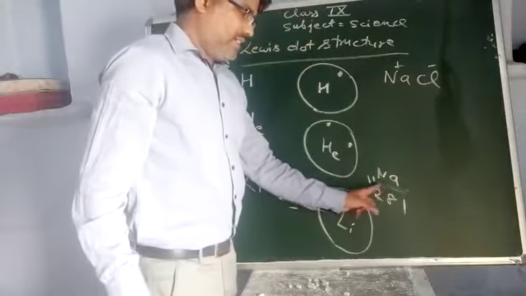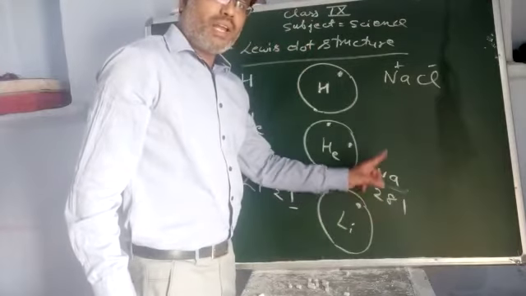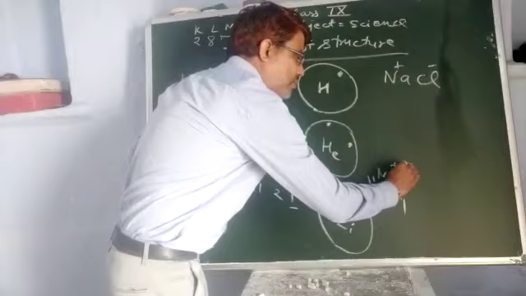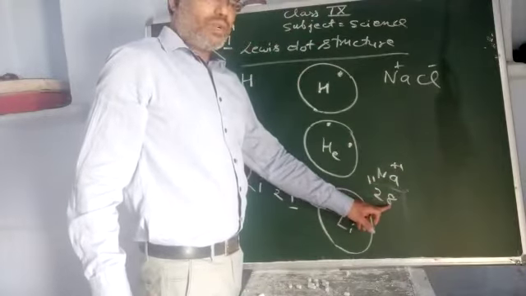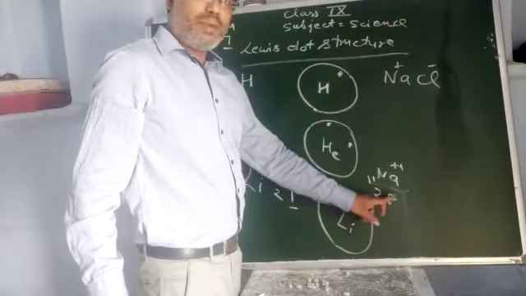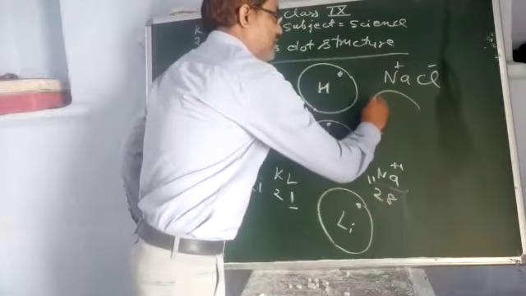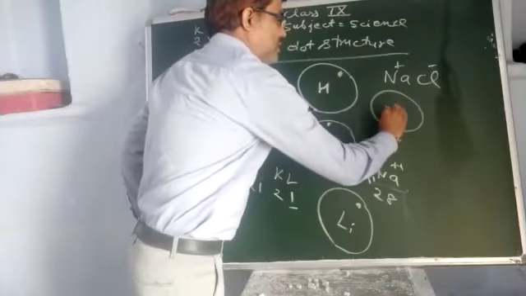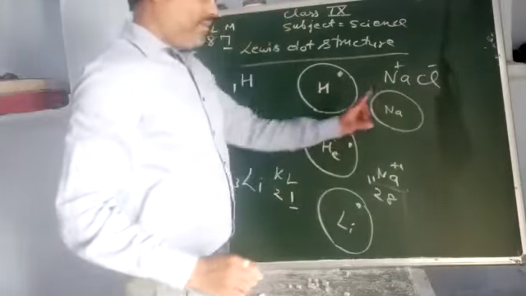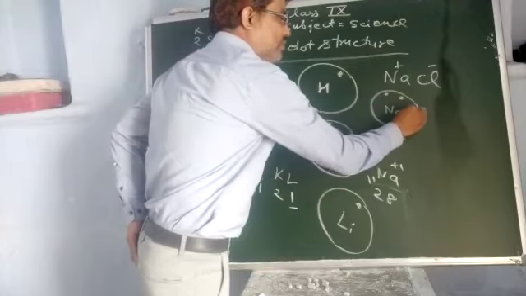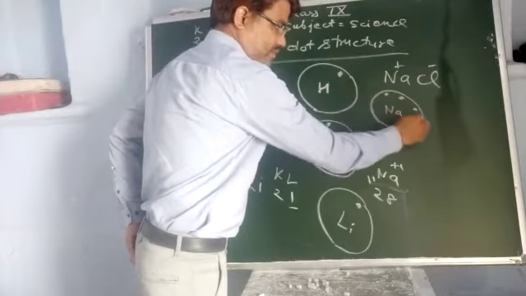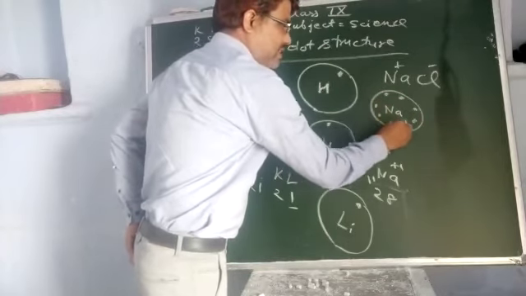So that is for sodium. And what will it be for Na plus? We have to remove this electron, so it is 2, 8. So in the outermost shell we have 8 electrons in the Na plus ion. So when you draw this one, for Na plus, you have to draw 8 electrons. That is the Na plus ion.